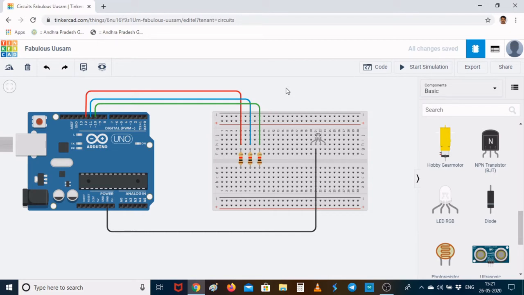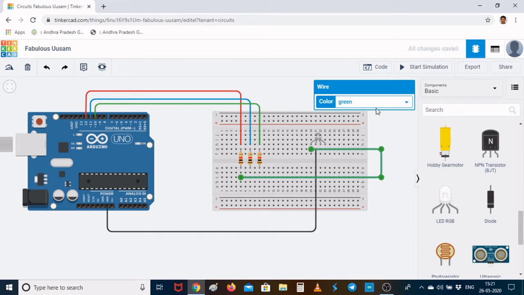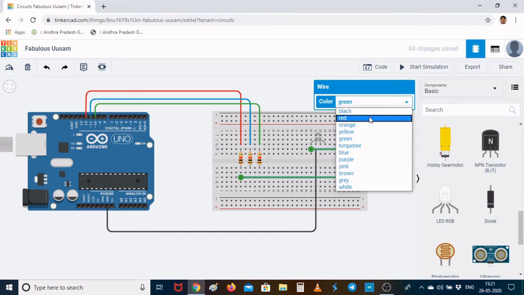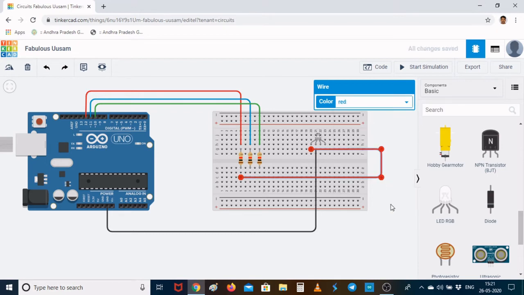See, what I have done is, I was showing three wires with three different colors, so that I can connect to my LED legs with the help of these three resistors. So I was connecting this pin number 12 to my red LED, and where is my red LED? It is somewhere here. I changed the color of the wire to red, so that I can understand that pin 12 has been connected through the resistor to the red LED.